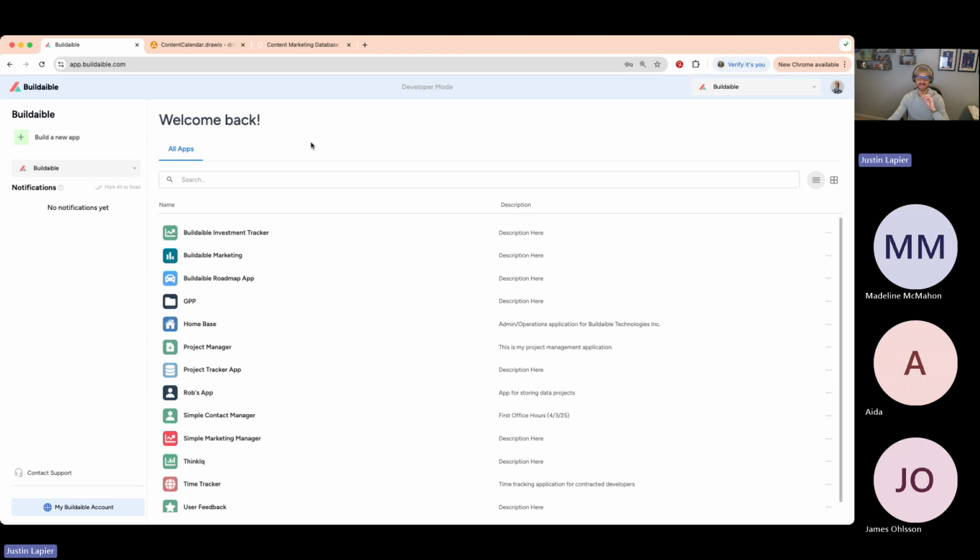Any account that signs up for Buildaible, there's going to be an option over here on the left hand side to get a free CRM. So it's going to start out as a CRM, but you're going to be able to click a button and it's going to pull in a CRM that the Buildaible team has developed with dashboards, forms, reports, all of that. Any account will be able to click that, and within seconds have a fully built out CRM in their Buildaible account that they can start adding data to, further customize it, do whatever they want with it. But the cool part about it is that the code that we wrote to do that opens it up